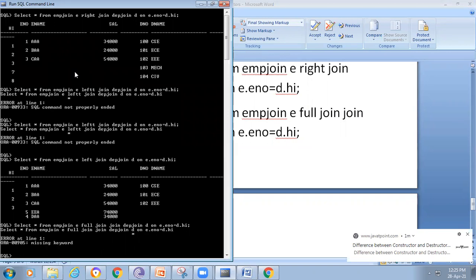Full join means, here also the condition is missing.